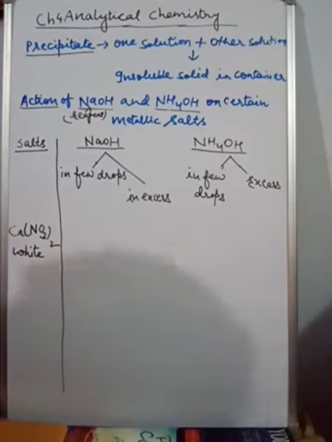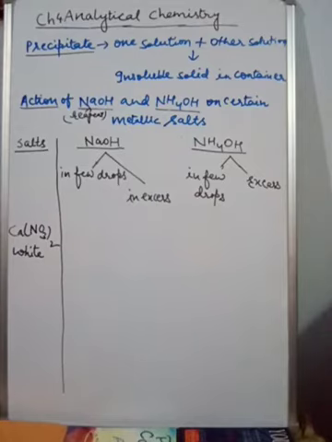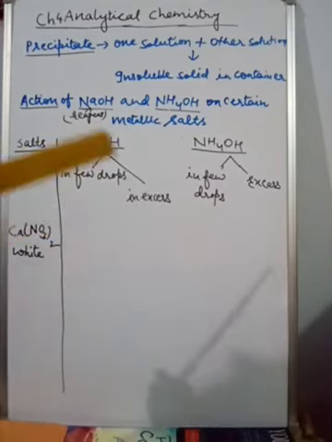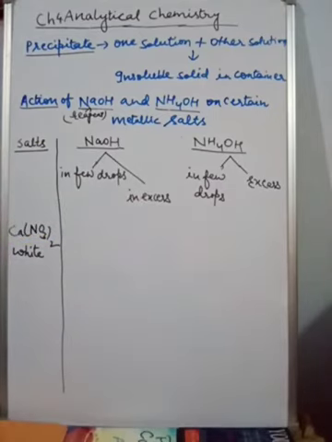So children, now start from calcium salt. Calcium salt is mainly of white color because it is a representative element. When you take calcium salt, first think about the action of sodium hydroxide on calcium salt. Here, children, I will first give you the details of the color of precipitate and their solubility in few drops, their solubility in case of NaOH and NH4OH. In the next part, we will discuss all the reactions related to that. So first start with calcium nitrate.